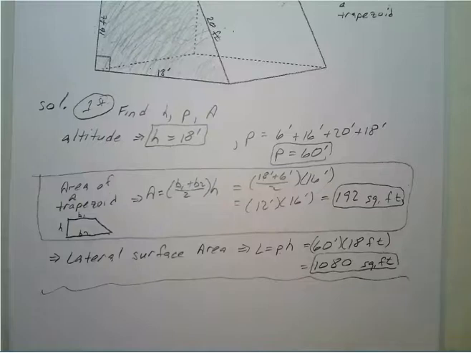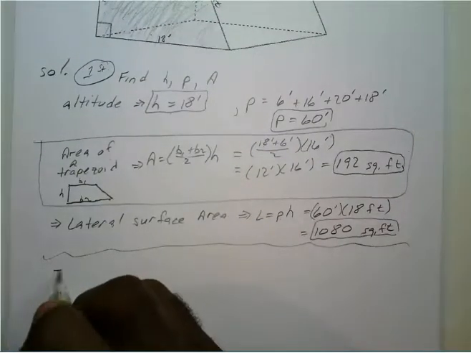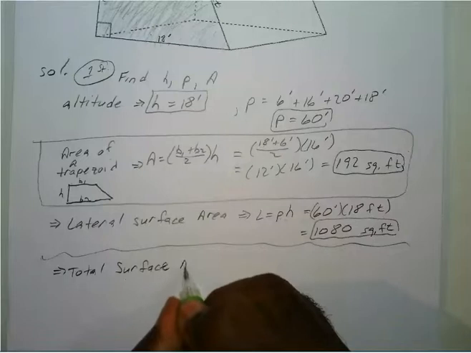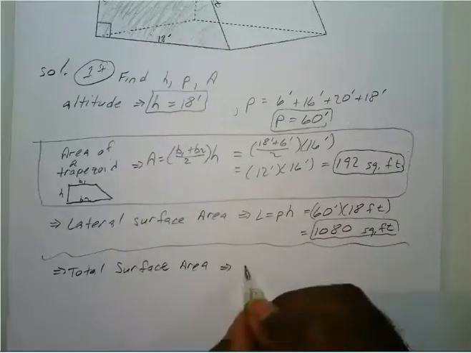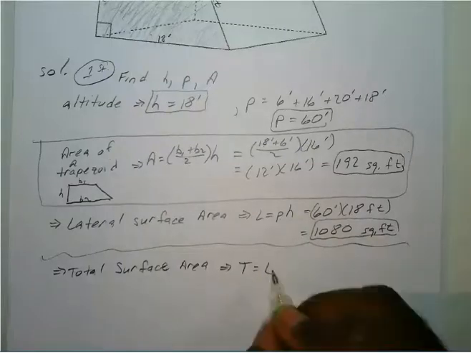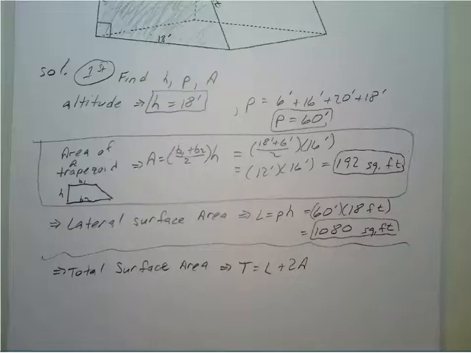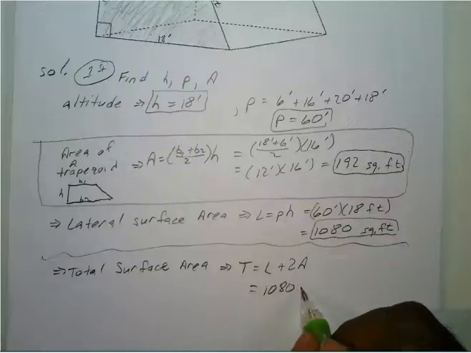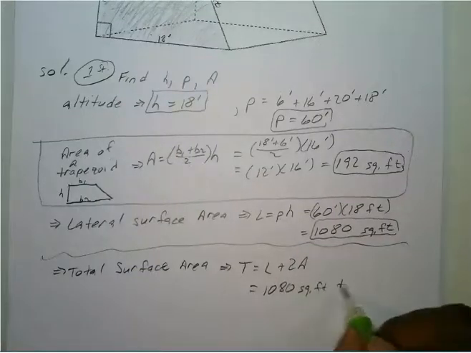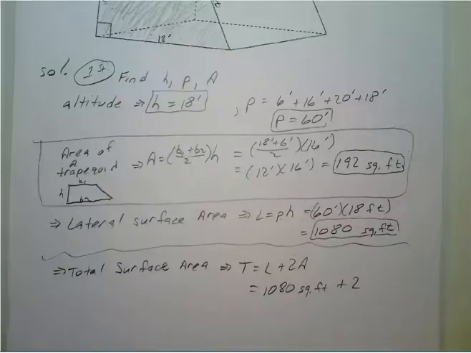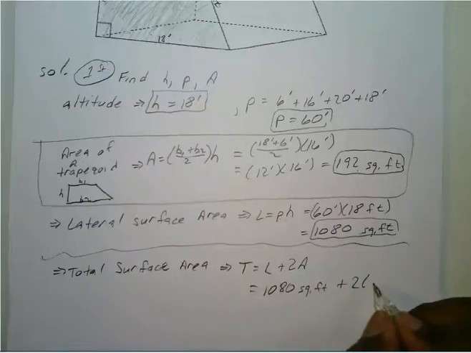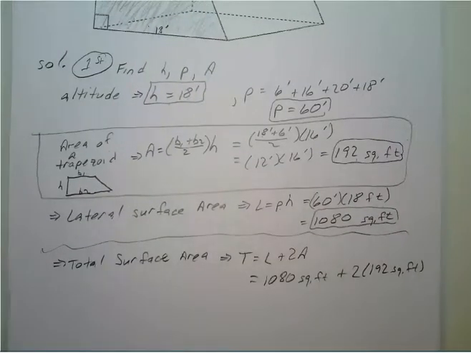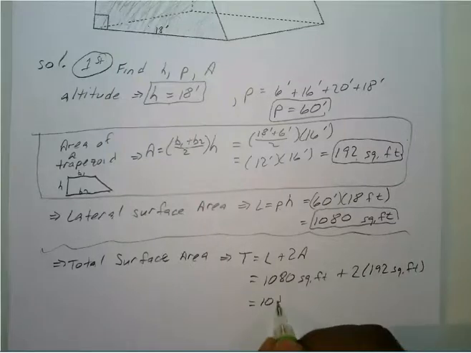Okay, so let me go ahead and separate that a little. Now we look for our total surface area. T is equal to our lateral surface area plus 2 times the area of our base. So that's going to be our lateral surface area, 1,080 square feet, plus 2 times the area of our base, 192 square feet. Okay, so 2 times 192,